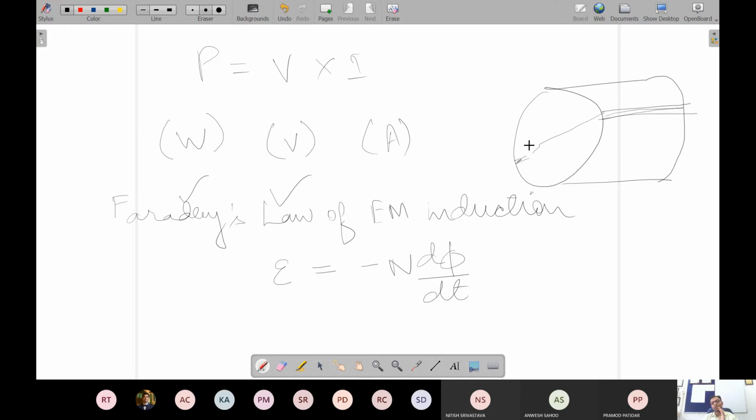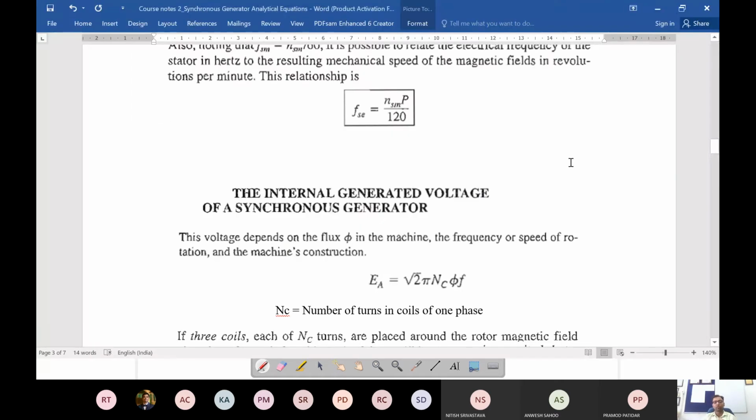I'm not able to draw that here. There is this conductor going in the slot here, and another conductor going in the other slot. Ultimately they'll be connected, right? It's going as a coil. So for every 2 conductors, there will be 1 turn. This is known as the turn of a coil. That's how we measure how many conductors there are: by the number of turns in the coil. So for every 2 conductor pieces in a cylindrical rotor, there will be 1 turn.